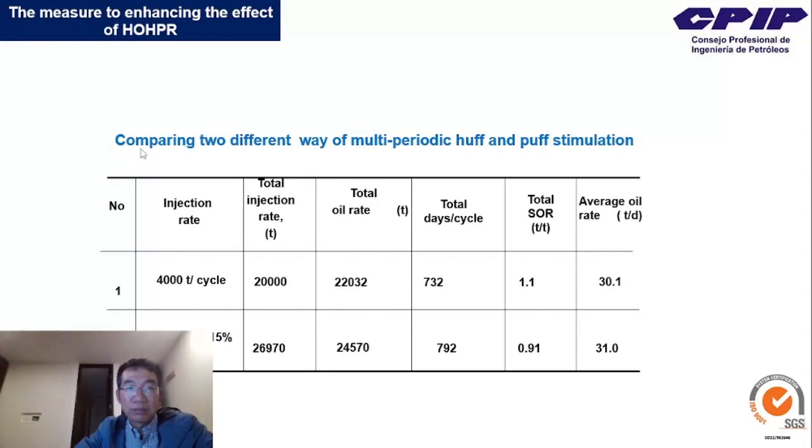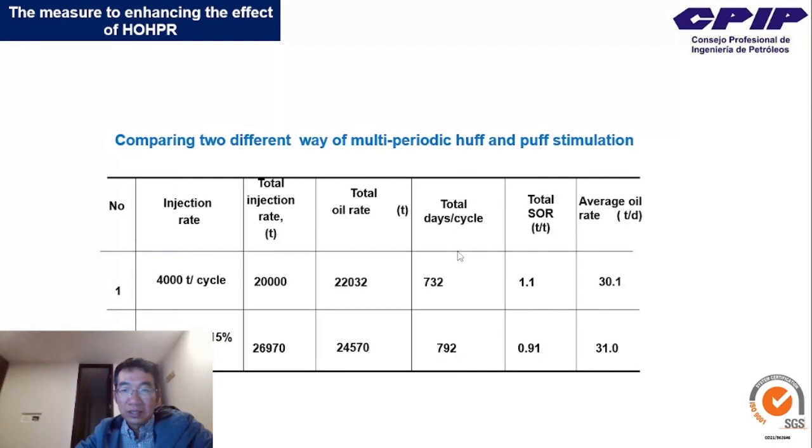This table is comparing two different ways of multi-periodic huff and puff stimulation. The first one, the injection rate is stable. Every cycle is 4,000 tons. We can see the total oil rate is 22,000, and the total days of the cycles is